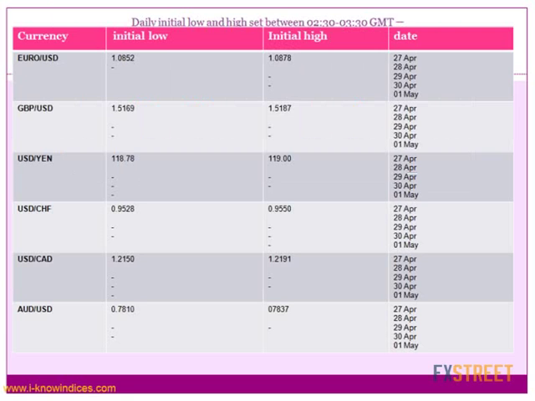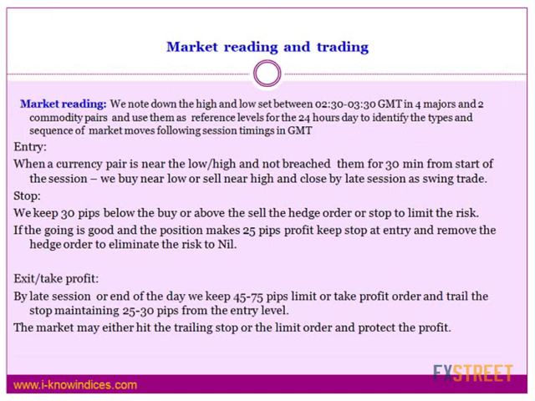So what we do, as a trading strategy, is we read the market up to 3:30 GMT, during the start of the day in the Japanese session, in four majors and two commodity pairs. And if the market is near the high and does not breach the high for more than 30 minutes of our observation after 3:30 GMT, then we try to take a sell position in order to quickly book profit during the slide. And otherwise, if the market is near the low and does not breach the low for 30 minutes, that is up to 4 GMT, then we try to take a buy near the low. Then they will make a rise during the late Japanese session. You can book profit. So that way, you can take a decision on the trading as small swing trades.